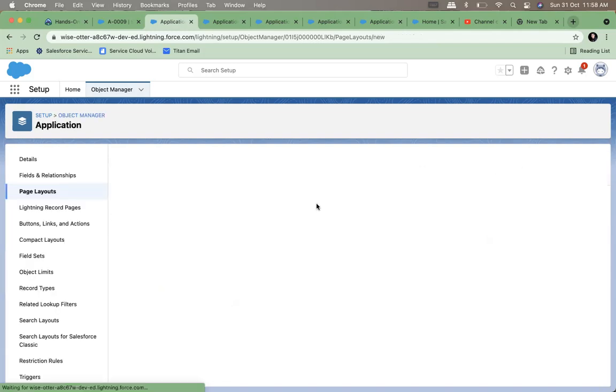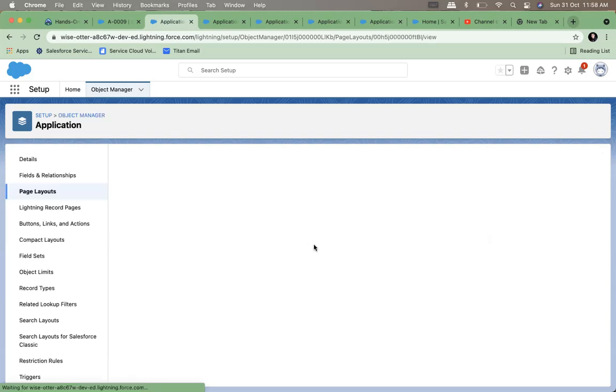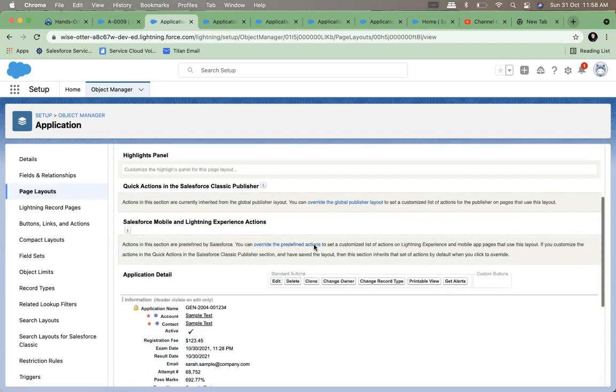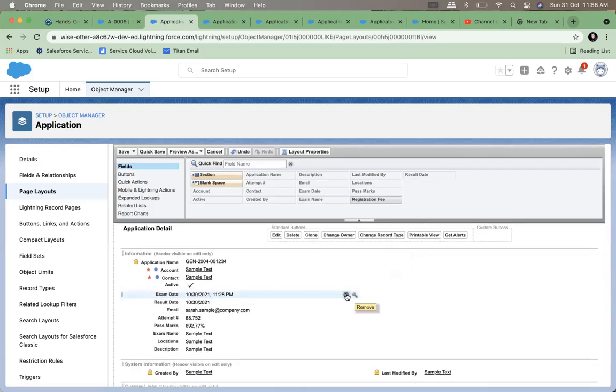I also create another layout called service application. This I will inherit again from the application object. This time maybe I don't need the registration fee.